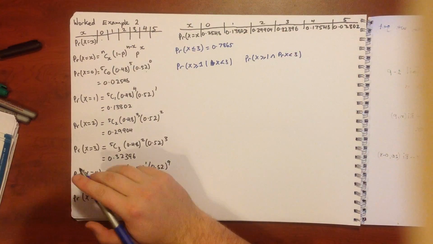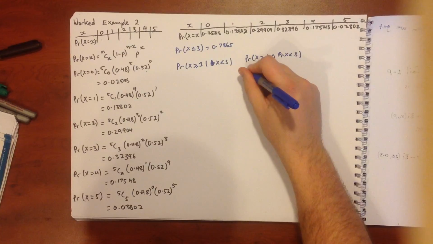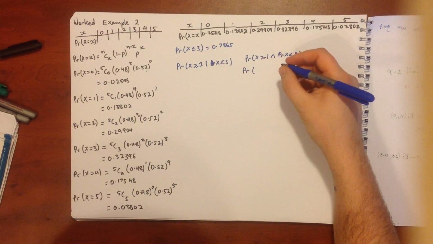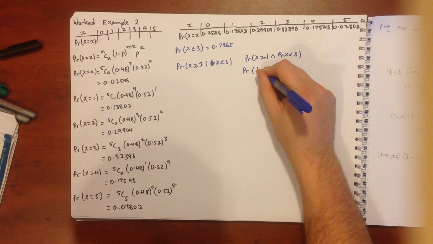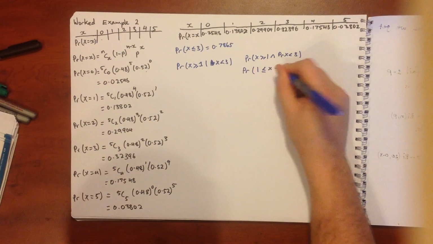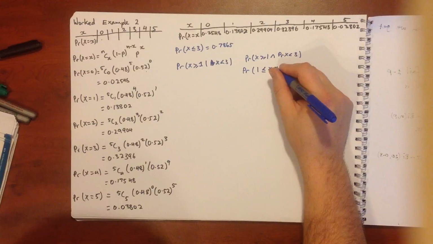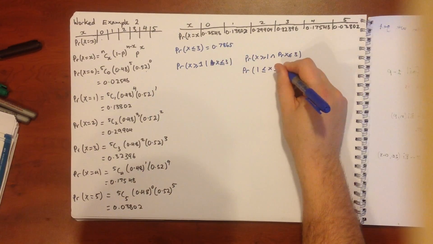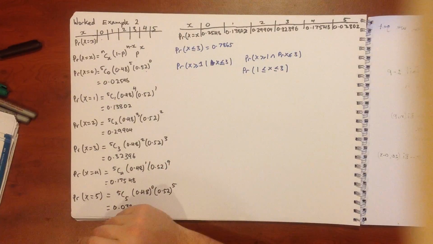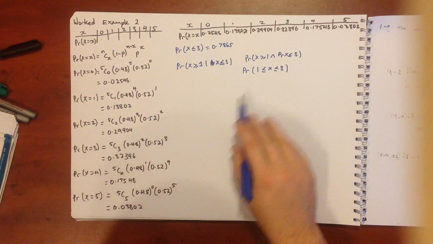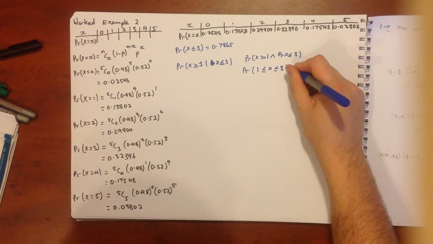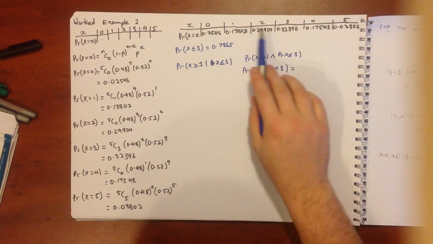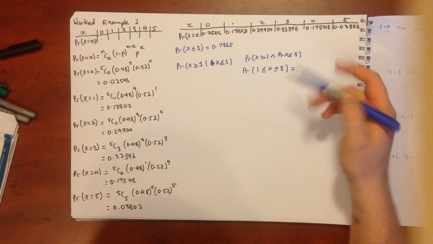Really we're looking at the overlap there, so we're looking at the probability that we are between 1 and 3. Sorry, that was less than or equal to. So our intersection becomes the probability that's 1, 2 or 3. So when we add those together we get